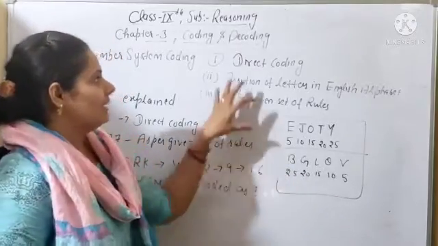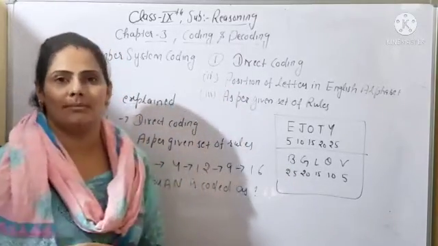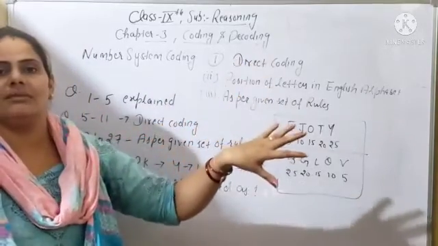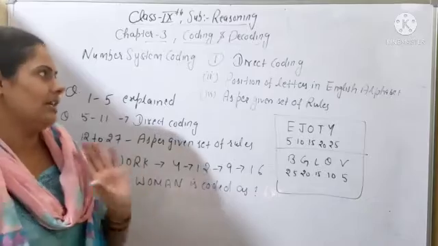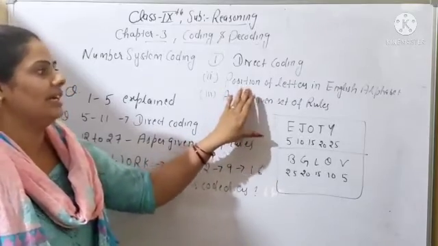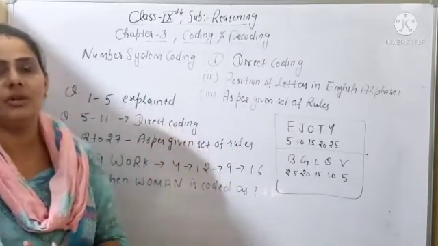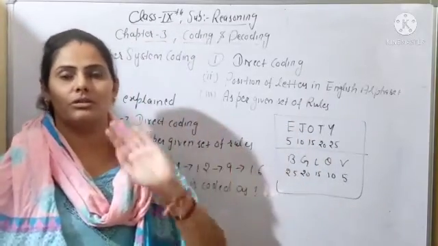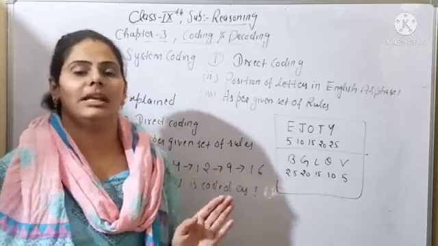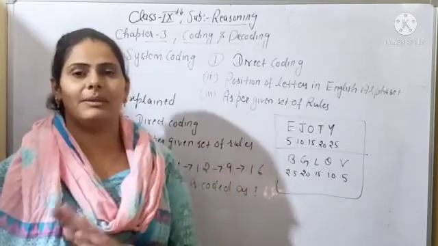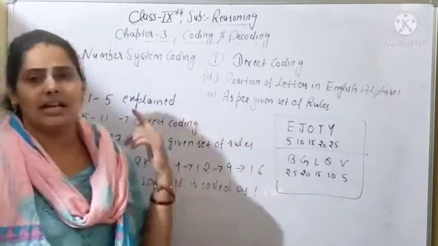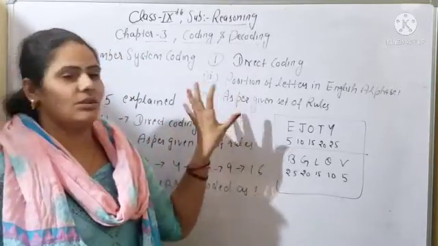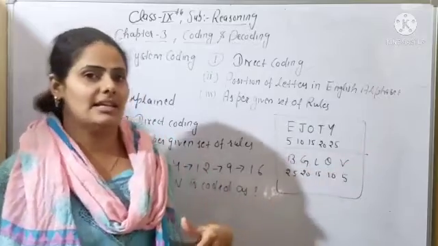So what is given in these types of coding? I am doing the recap first. In direct coding, simple questions were given, and you have to find the answer to the question. Second one, position of letters. There are a total of 26 letters in the English alphabet. You can start from A, or you can start from Z. If you start from A, it will be the left hand side of the letters. If you start from the letter Z, it will be the right hand side. So you can take positions from the left hand side and from the right hand side.